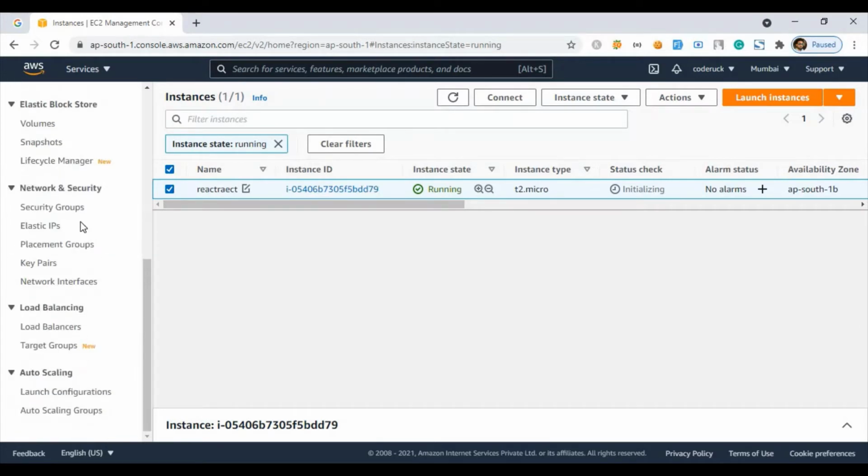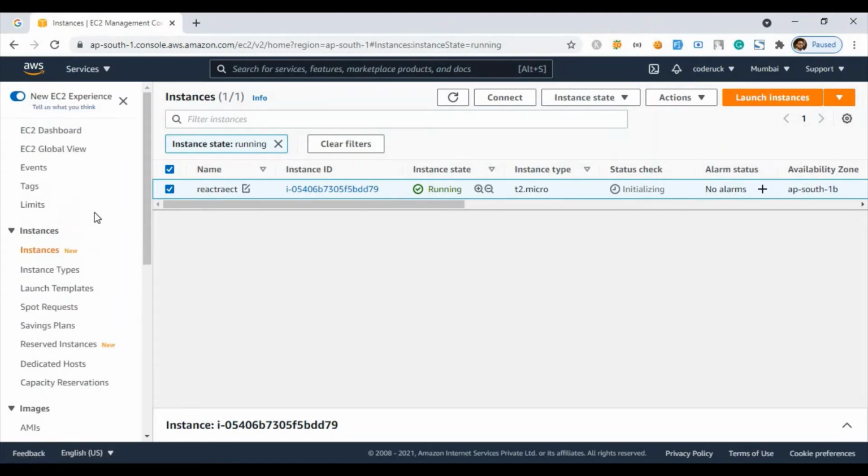If you want to make it work with Elastic IP, load balancer, Route 53, all these, you need to have this tagging. So my instance is up and running now. You can connect with this virtual machine with the existing key value pair through your command line, or AWS provides one more way, which is Connect here on the top. So you can connect directly from their portal.